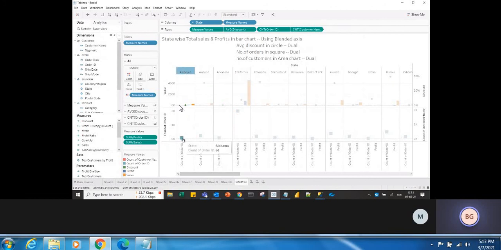So what is Alabama showing? 61 customers, and the square is showing 61 order IDs, the count of order ID. Here it is not showing anything for profit and the rest, because the values are very minute. You can see here Alabama has a profit of 5,787, and the sales bar is 19,511.